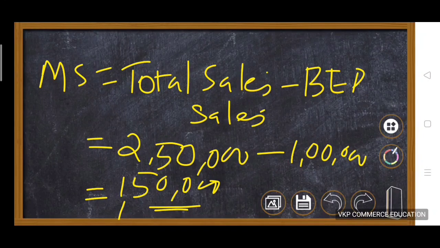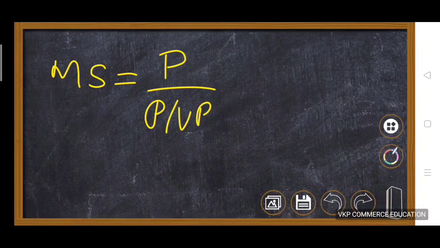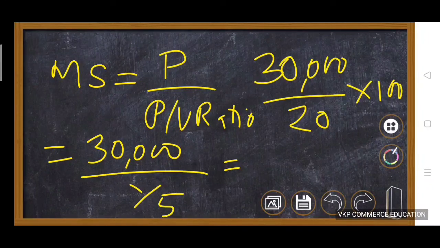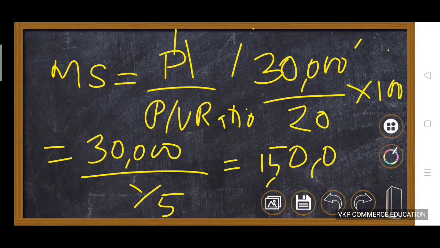Then the same margin of safety we can calculate in another way, that is profit by PV ratio. Here profit is equal to 30,000. Then PV ratio is equal to 1 by 5, so 30,000 divided by 20 into 100, that is 1,50,000. So there are different ways to calculate margin of